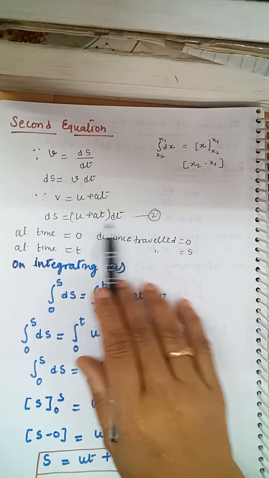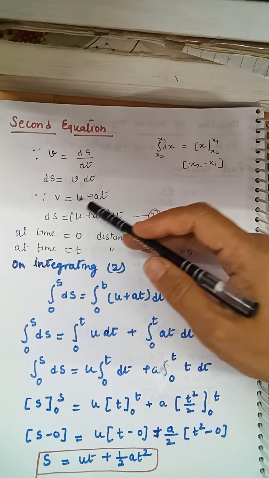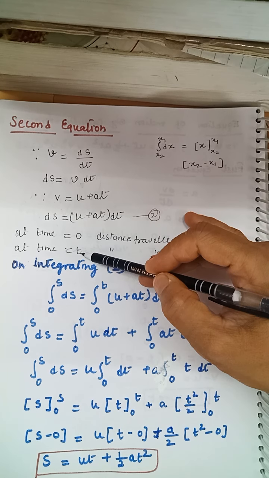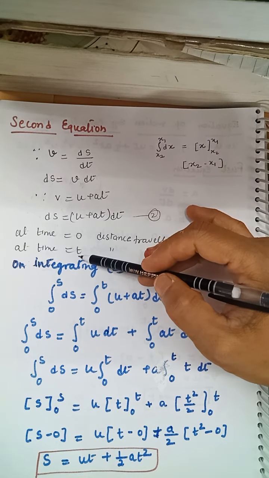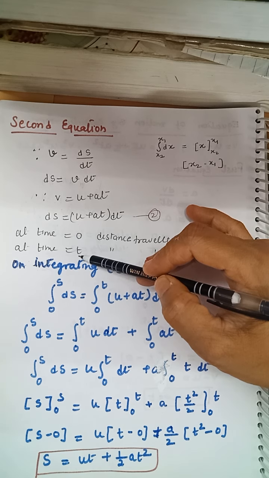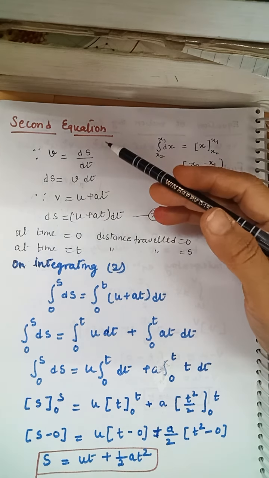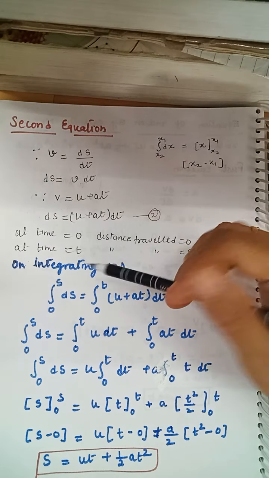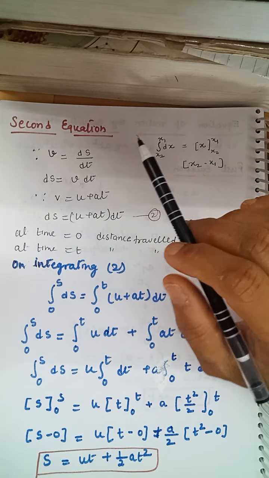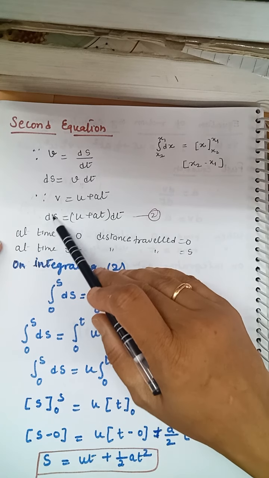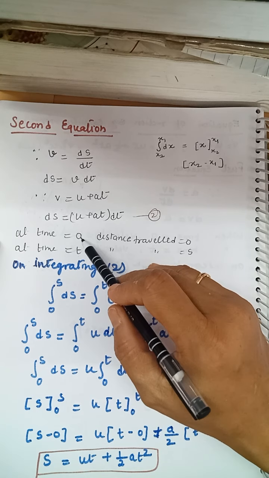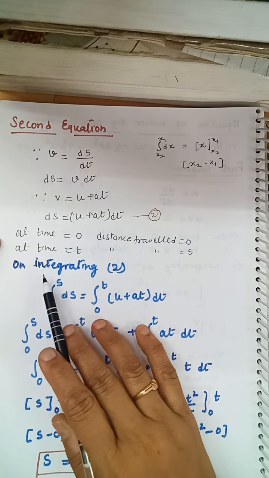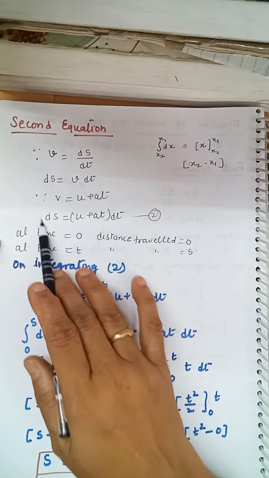Okay, now after doing this, what are we going to do? We are going to find out the total displacement in time 0 to t. We know very well integration gives you the summation. So when you are going to calculate the total value, you have to take the concept of integration. That is why here we have to calculate the total distance covered from 0 to t. Okay, so what we will do, we will integrate this equation on both sides.